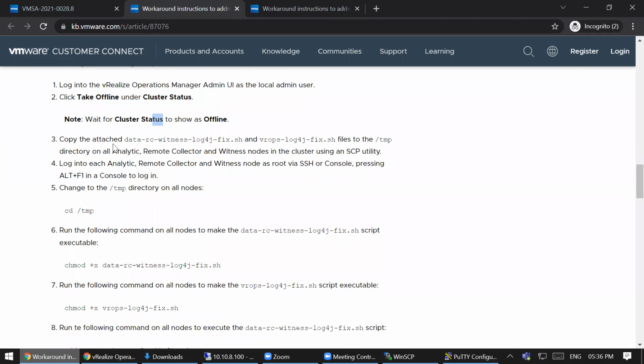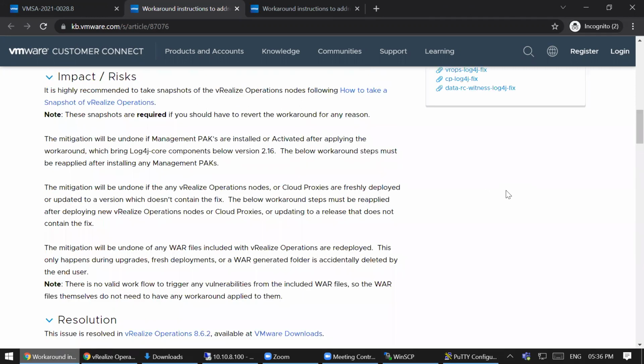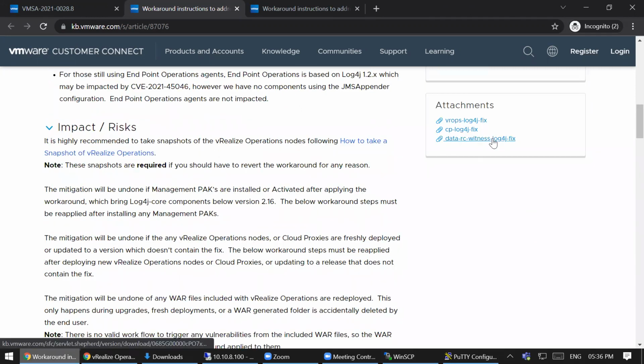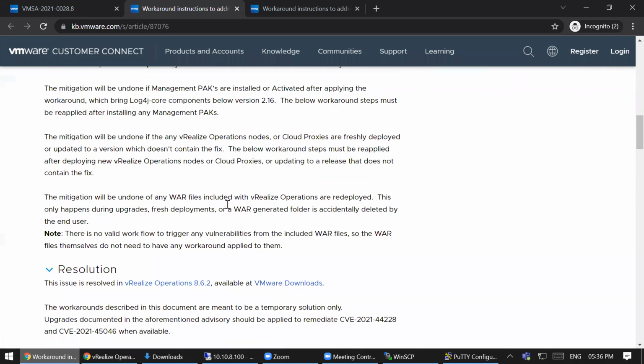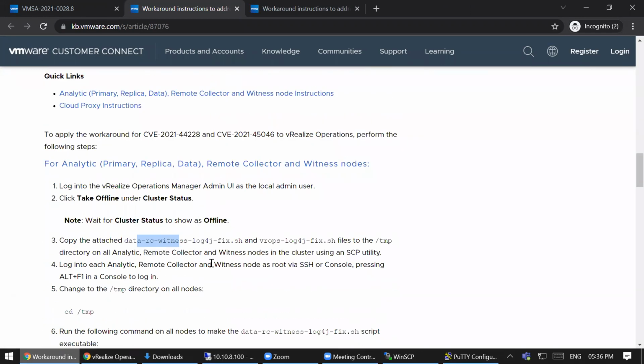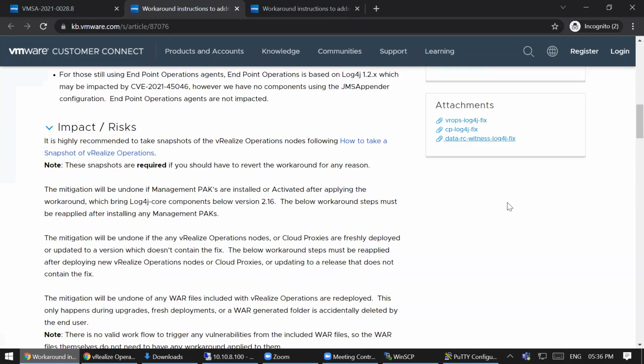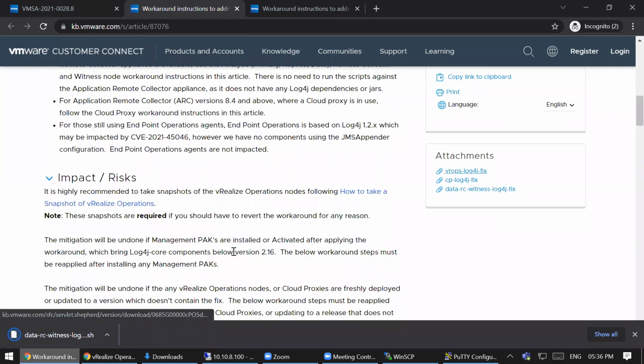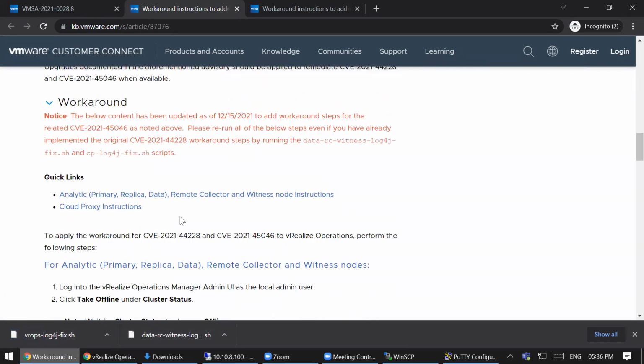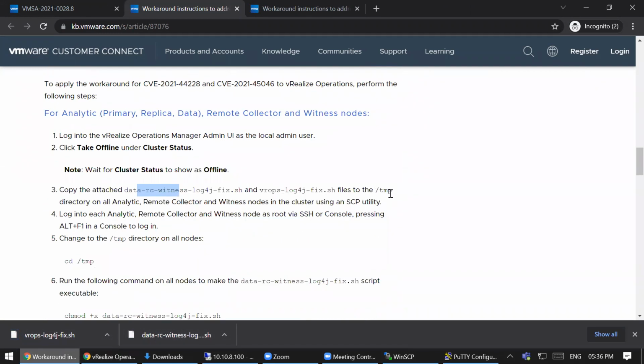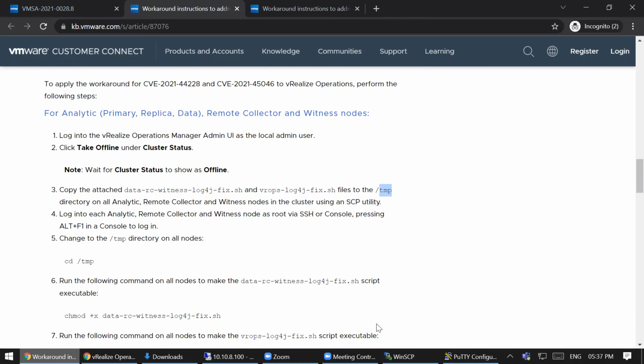Now let's see, the third one is to download the data RC witness and vrops.sh. So data RC, and then the other one which is the vRops log4j fix, this one. So we're downloading two files and then putting them in the /tmp of the appliance. Once it's downloaded, let me take a WinSCP connection to my vRops